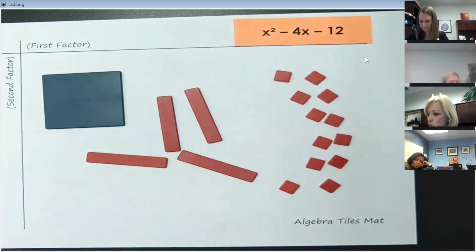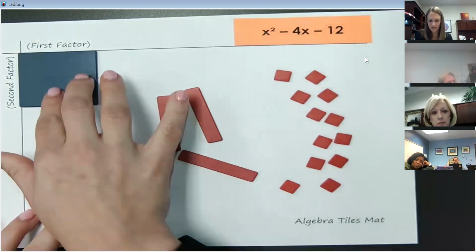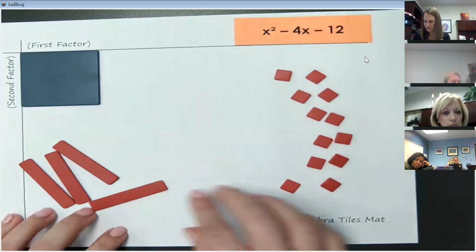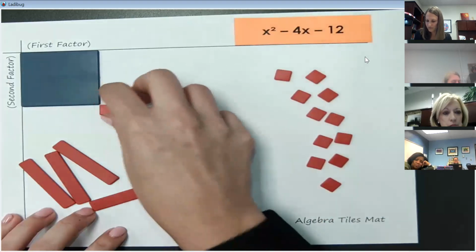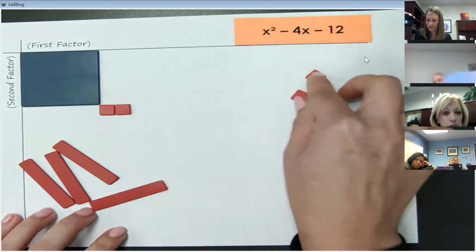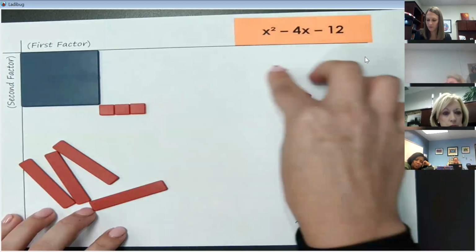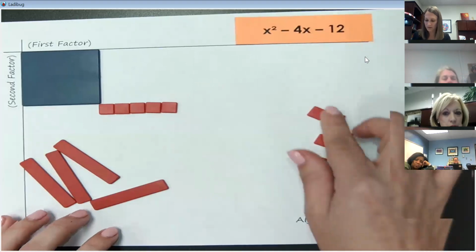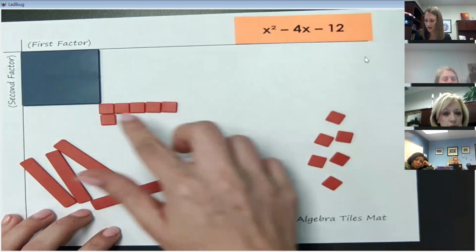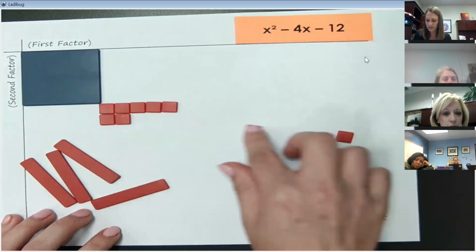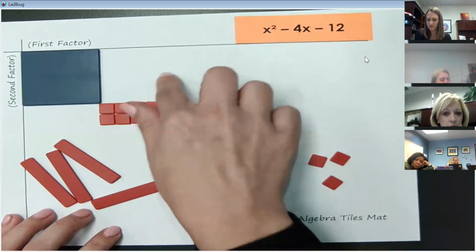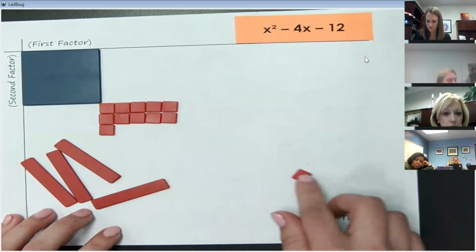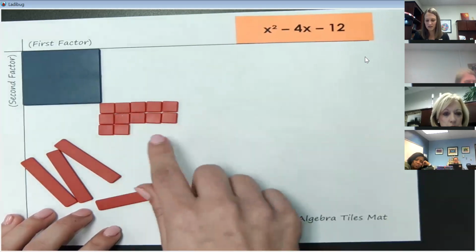Let's get building. Okay, so again, I know I have my x squared. And again, I'm noticing that I have all these little 1 units, and I have quite a few of them. Now, I'm thinking through what it means to equal a negative when I'm using multiplication. So it's not going to be a negative times a negative, because that's a positive. And it's not going to be a positive times a positive. So I have to have one of my x tiles positive and one of them negative. And I also have to have a way that I can put these all together to make a